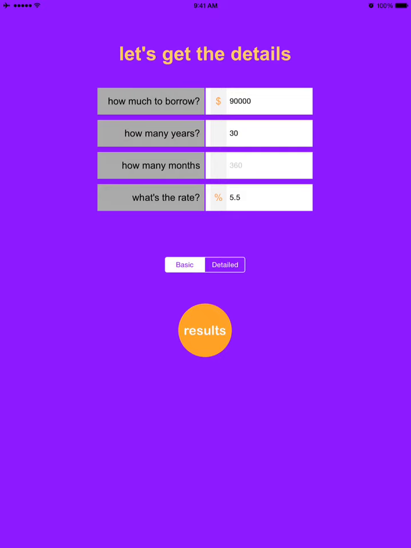A basic rundown of my files. I pretty much have a view controller and my second view controller, which is the basic results. It passes to the second view controller via